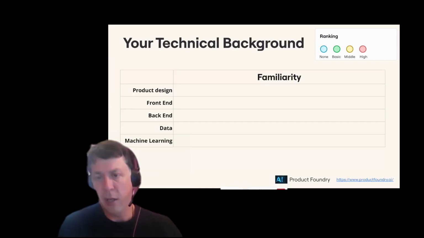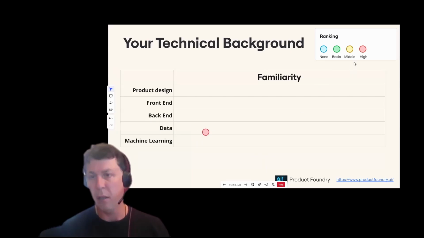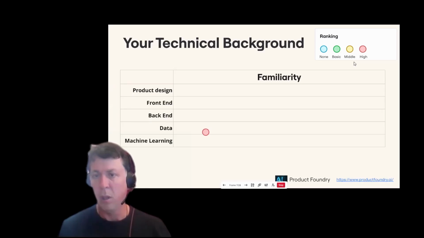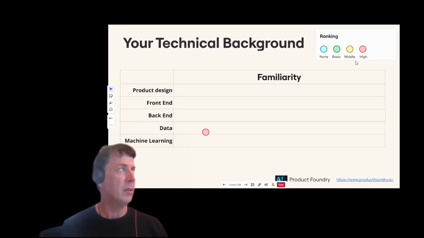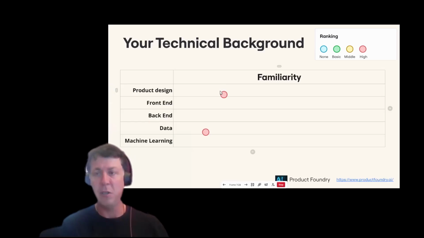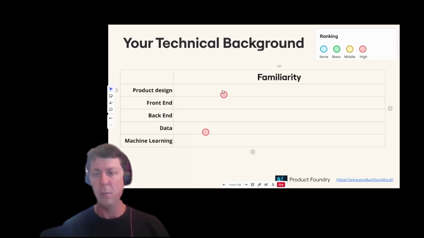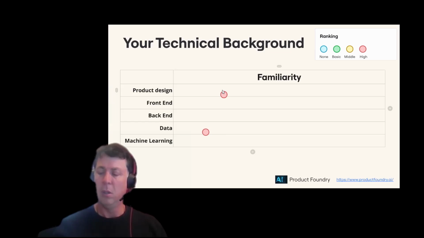Just in terms of technical background, it sounds like we've got some people out there in the data space. Glenn, it sounds like you might have done some product design type of stuff, back end, front end. Any other spaces jump out that you've got experience in that you want to call out? So machine learning, Hazel, any machine learning background? Yeah,